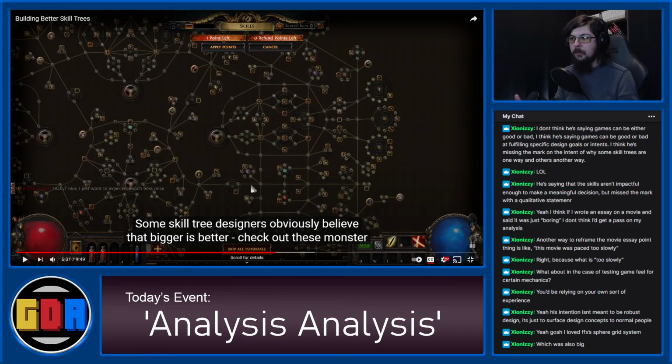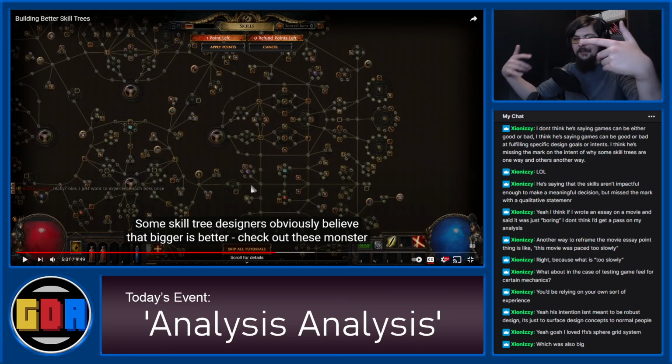That's not inherently a problem. An objective statement would be the thing that I said. A bigger skill tree is going to do more to reward players who are good at character building and min-maxing, and then make those characters stronger. Now, keep in mind, when I say an objective statement, I don't mean objectively true statement. I mean an objective statement, which is just to say that the statement can be proven true or false. Like, we could test it and see if that's accurate. We'd have to define what it means to be good at character building and all that. We'd have more work to do for sure, but we could easily get to the point where we're talking about,